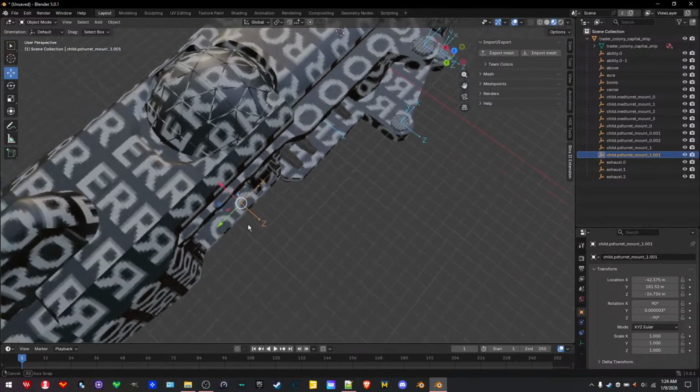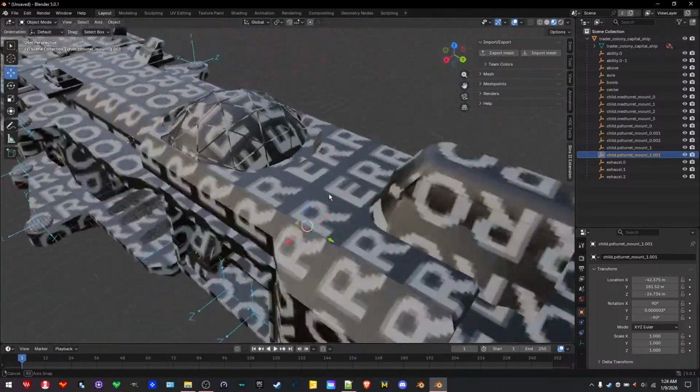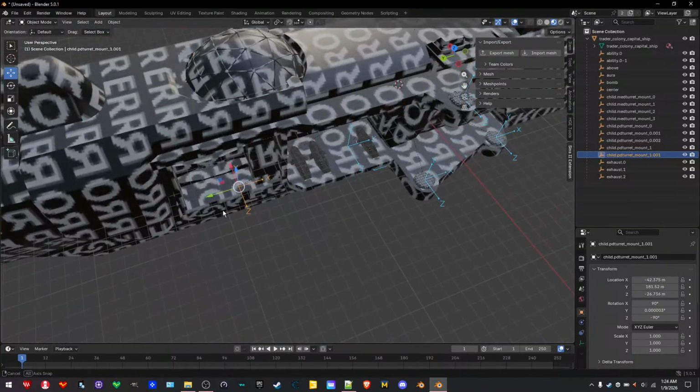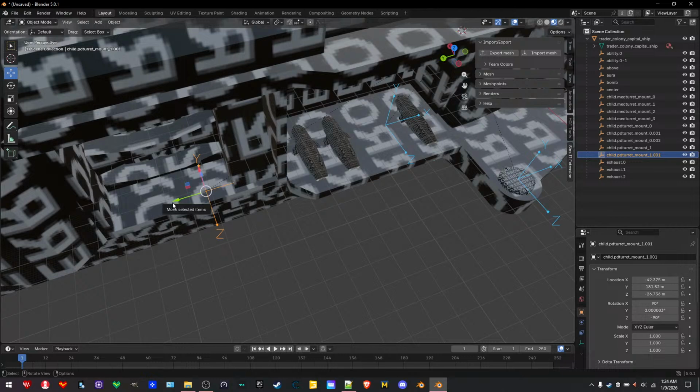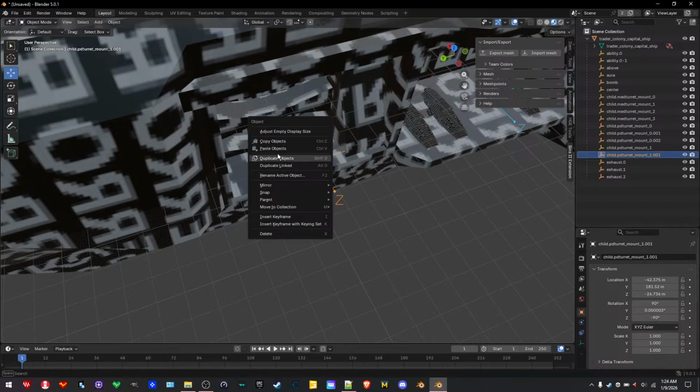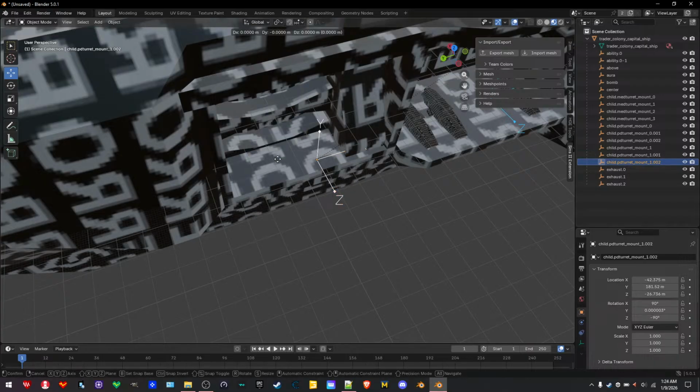All right, so now because this object is actually symmetrical, okay, then what we want to do is we want to go ahead and move a little thingy over. We want to go ahead and right click, duplicate object, left click, and then just basically